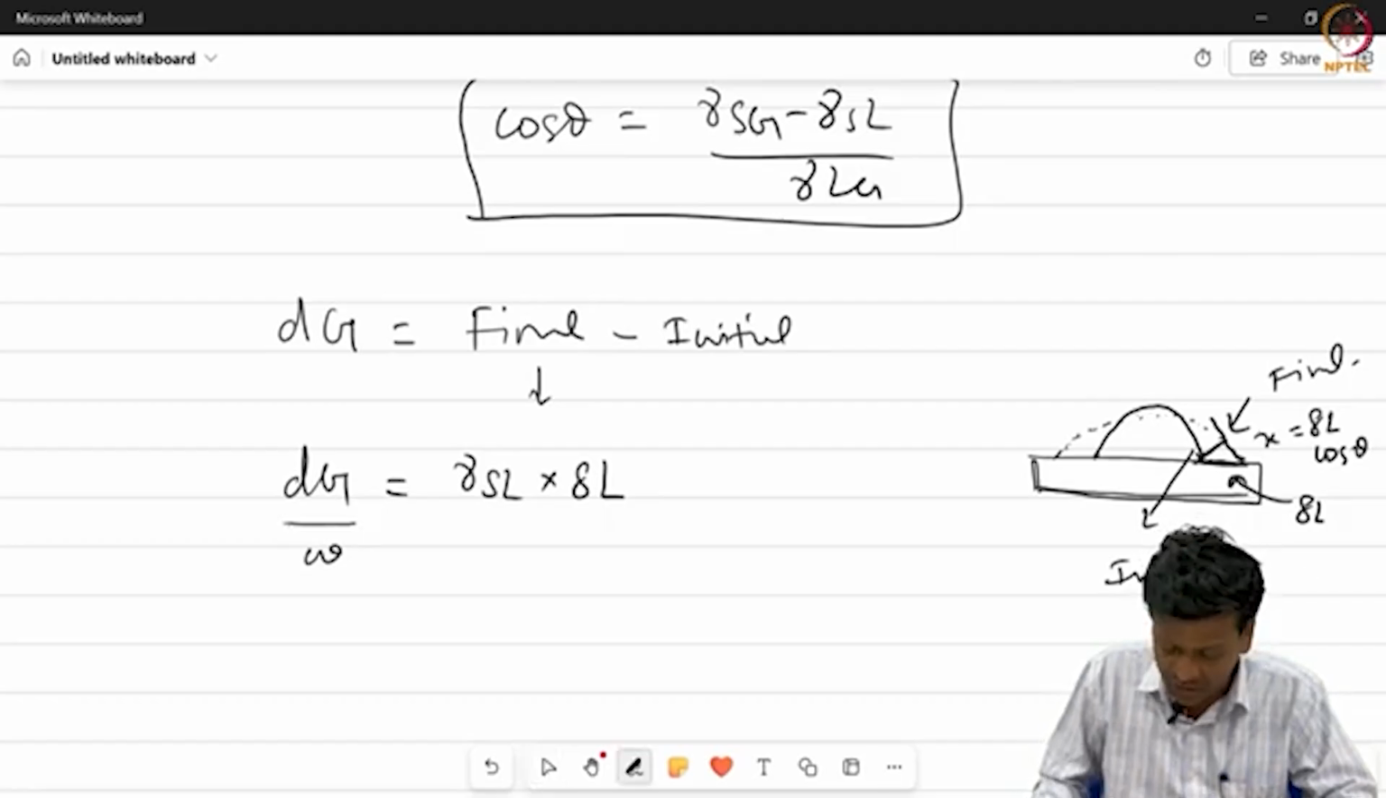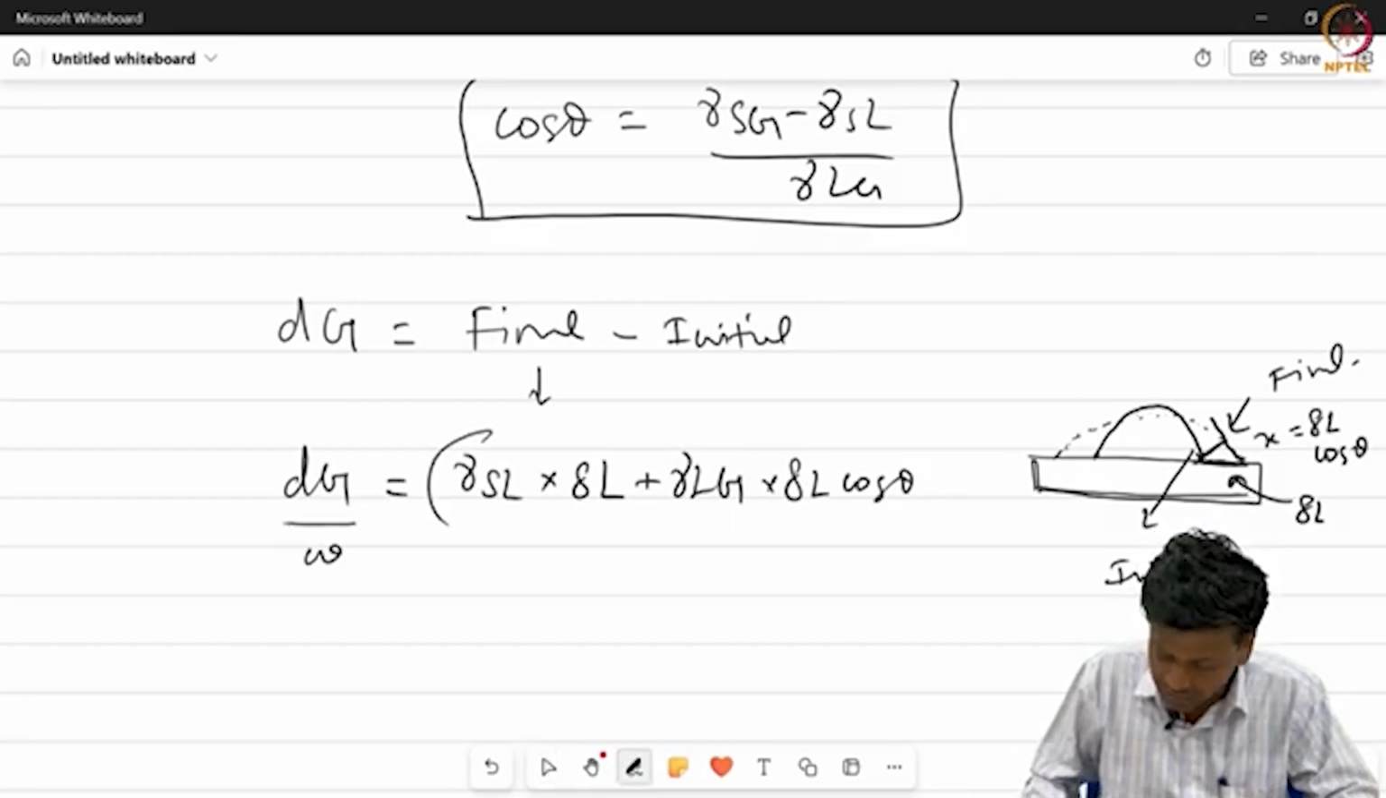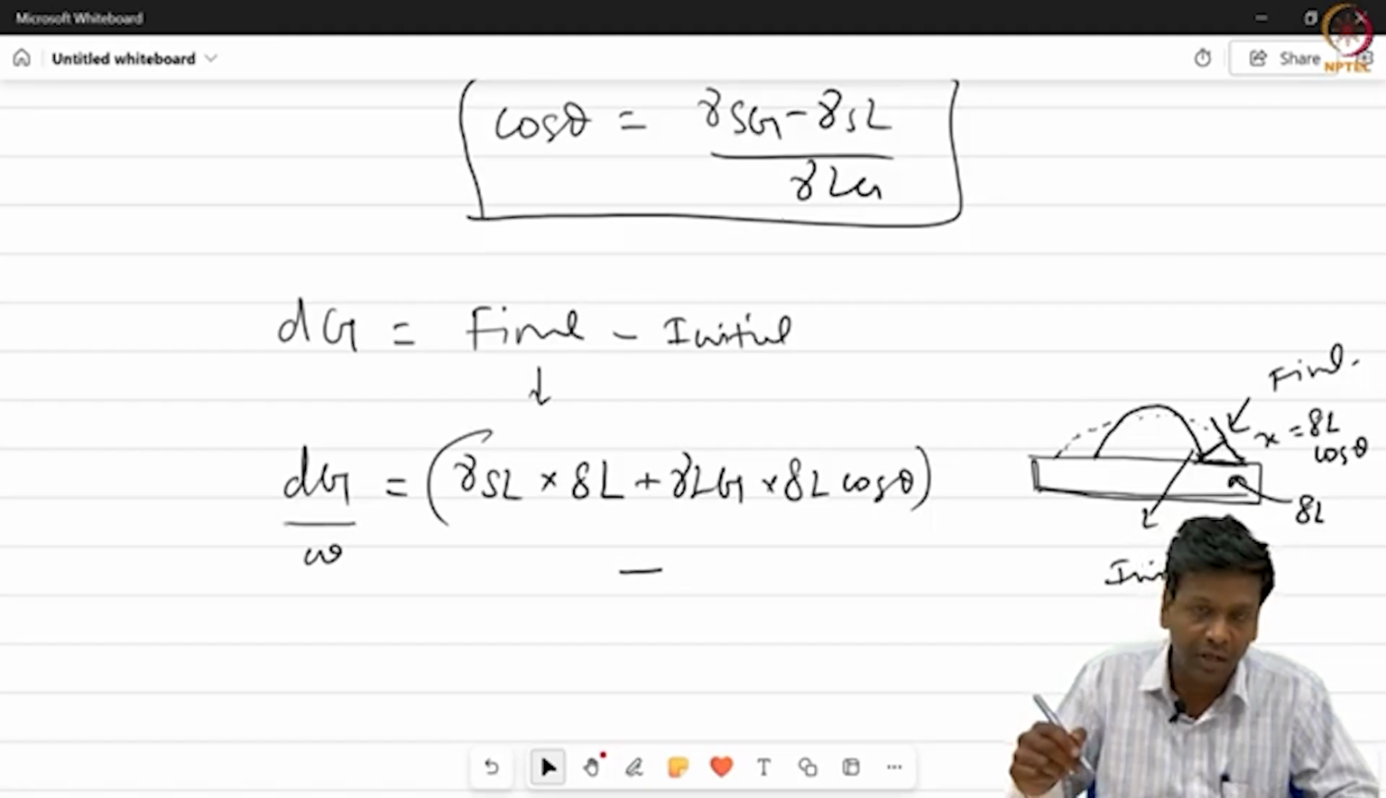Now, the final configuration is not only gamma SL, but it also has a gamma Lg into delta L cos theta component, because of the spreading, because it establishes some angle with the solid surface, and you can obtain this using the geometric rule. Based on which you will get gamma SL into delta L plus gamma Lg into delta L cos theta. And my initial configuration, when I spread the droplet, when it just touches the surface, at that time,